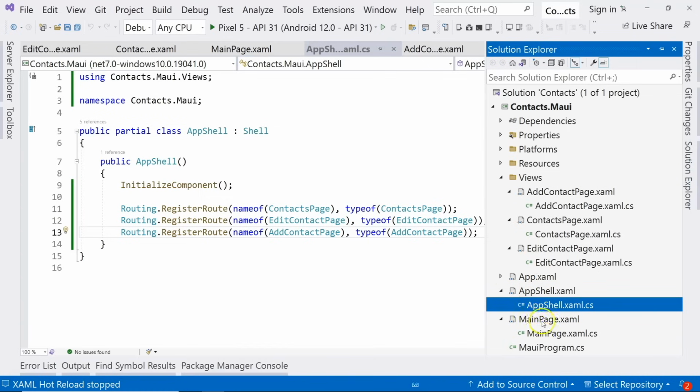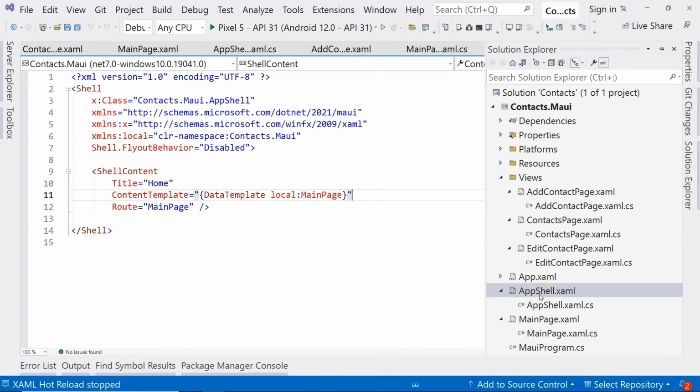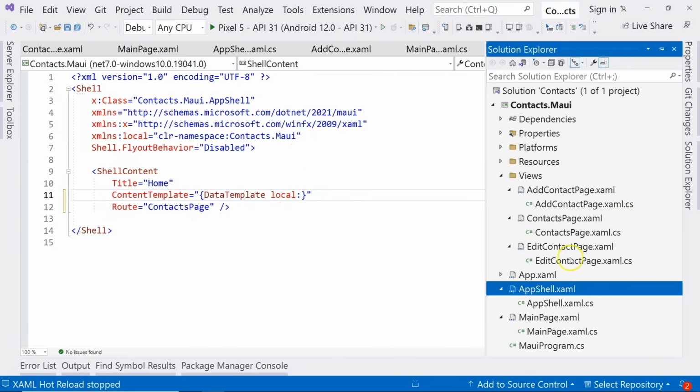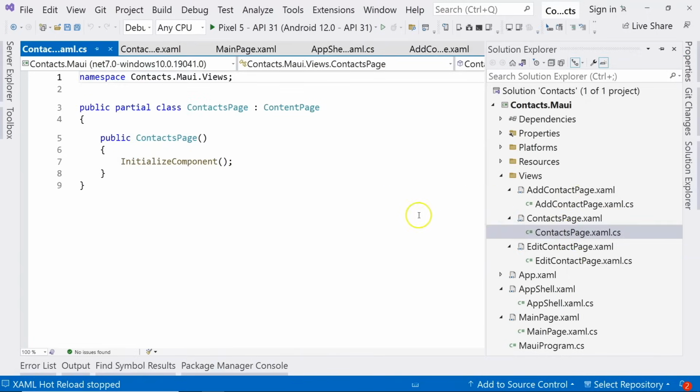First of all, I don't want the main page to be the home page. I want the context page to be the main page. To do that, we can go to the front end of the shell. Here, it registers the routes in a different way. So now I can say ContextPage, and then here it has this local, and you can see that this local is a namespace, an extended namespace, where I can say local and then see what's defined under that namespace. But our context page is not under the local namespace. Our namespace of the context page is under